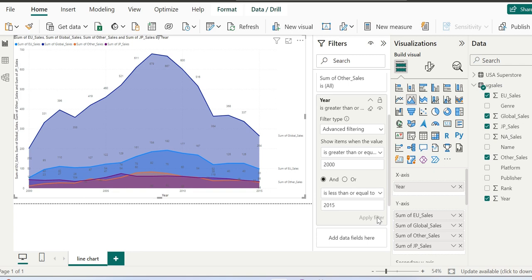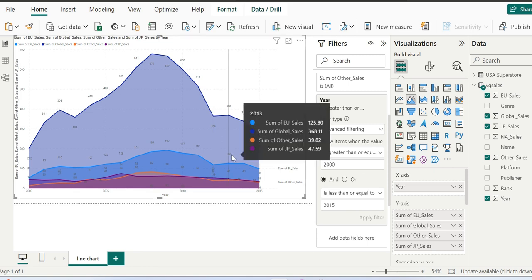Once you click on the apply filter button, it turns out there are a couple of modes of loading data into Power BI from a data source. One of these modes is known as import mode. The other is known as direct query mode. In import mode, data is cached in memory in Power BI, whereas in direct query mode, every interaction with the report causes a corresponding interaction with the underlying data source.